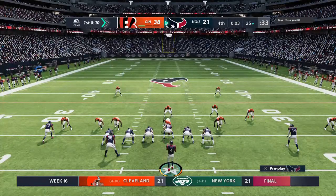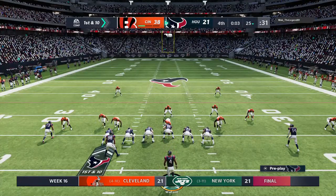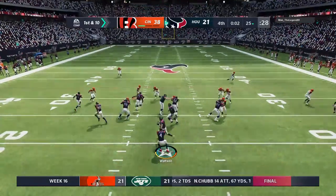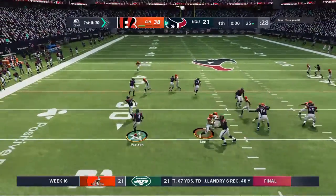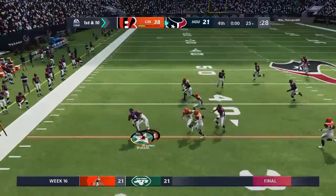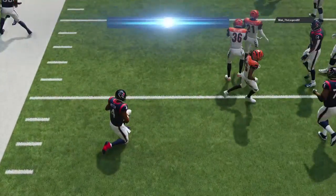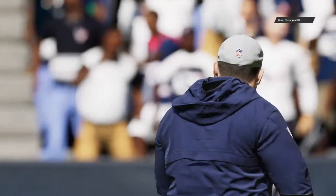The Texans offense ready to go here for their next drive. And their 4-game win streak very much in jeopardy as they go to work here late with a 1st and 10. A nice start to the drive, picking up 12 yards there and a very quick first down. Charles, we saw...